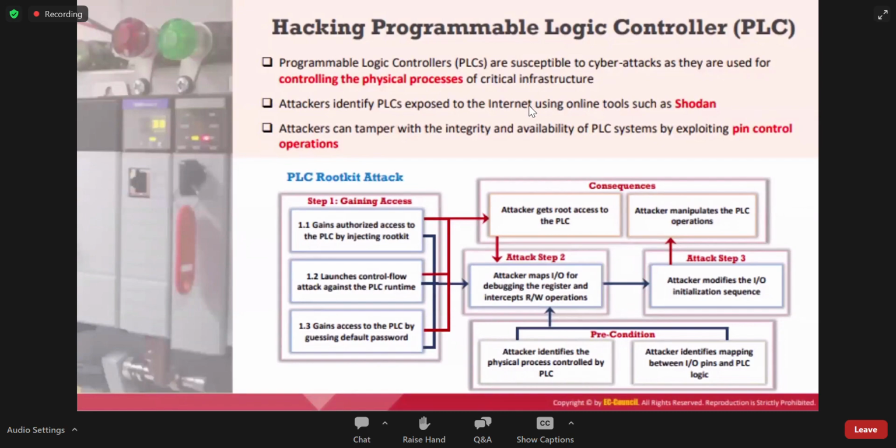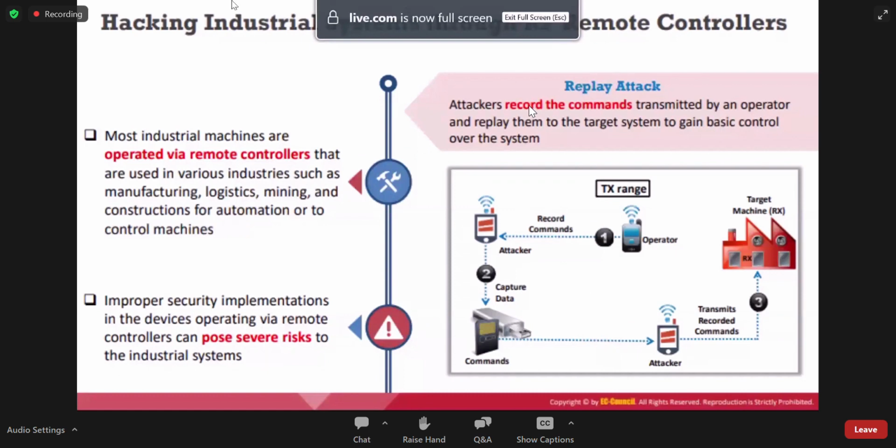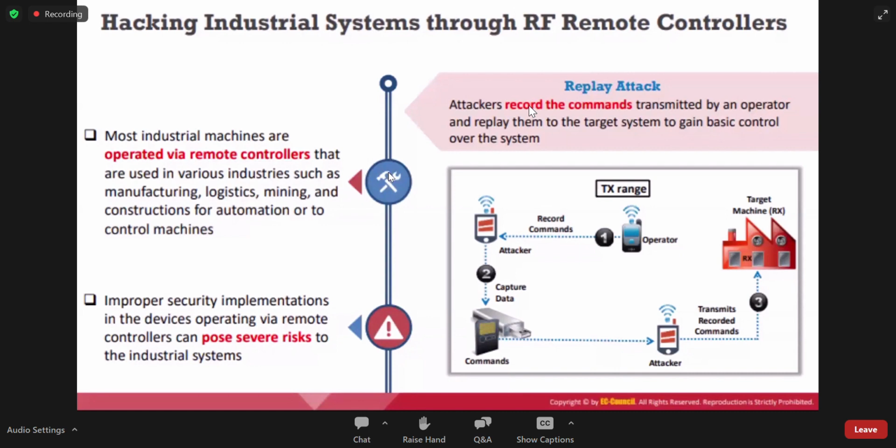circuitry, and then from there we can easily implement an attack. But for most of these things, we have to have hands-on access to the OT device in the first place. Once the hackers confirm these possibilities, we can go further. Actually, we can create a POC device to start the attack on the device, and hacking industrial systems through RF remote controllers.